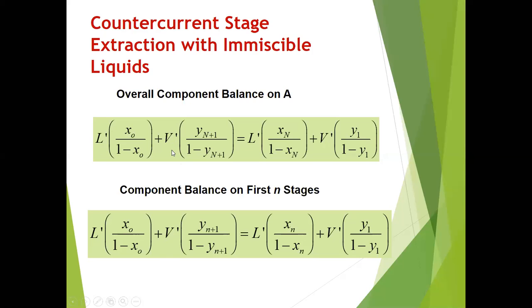So the value that you get for the minimum solvent requirement from this formula is not yet the minimum solvent requirement if your solvent is not pure solvent. Because from this formula, what you're only computing is the V prime minimum, not the V minimum. The V minimum and the V prime minimum are two very different entities if your solvent is not pure. If your solvent is not pure, your V prime minimum and your V minimum are not the same.